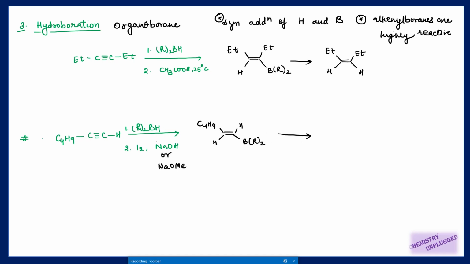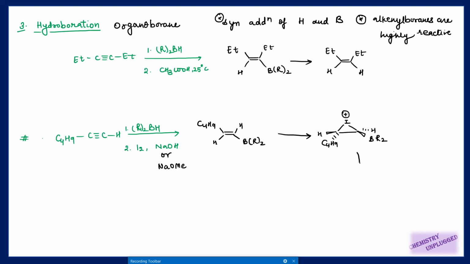So I2 means we have this iodine, so it will add to this double bond, and its addition will be like this, it will form this iodonium ion, right? Now you can easily see that this butyl group and this borane part are anti to each other, so they can occupy opposite planes like this, and two hydrogens will go like this, right?